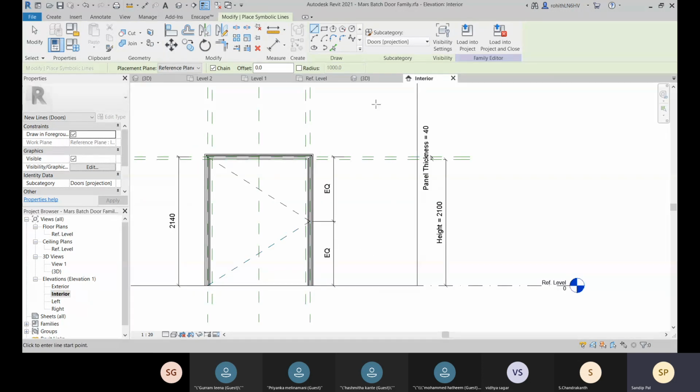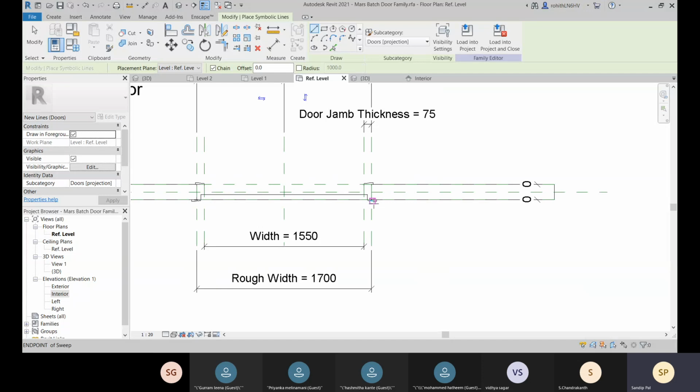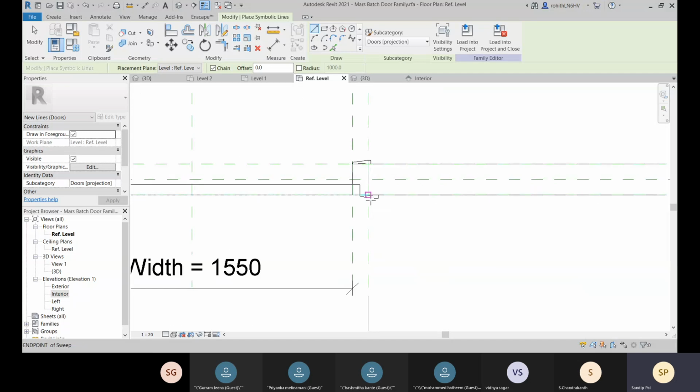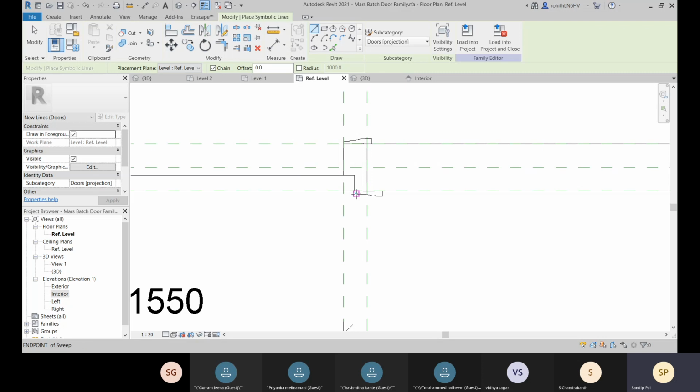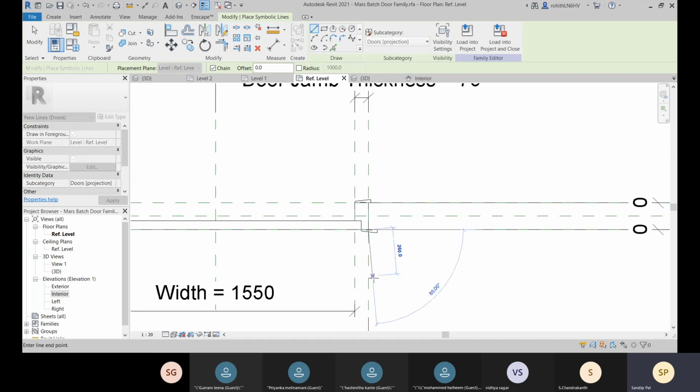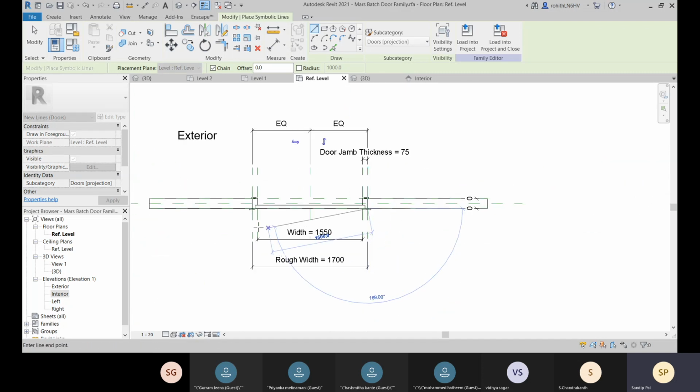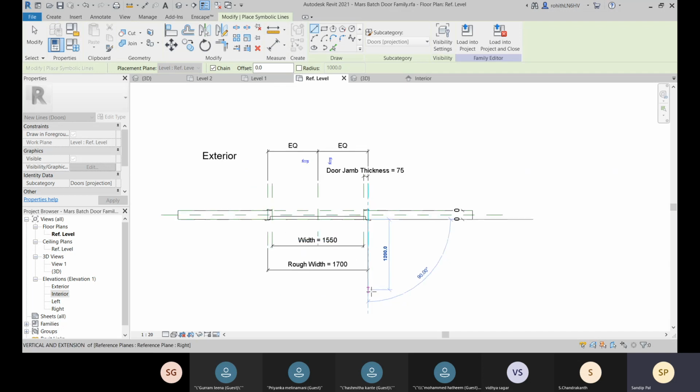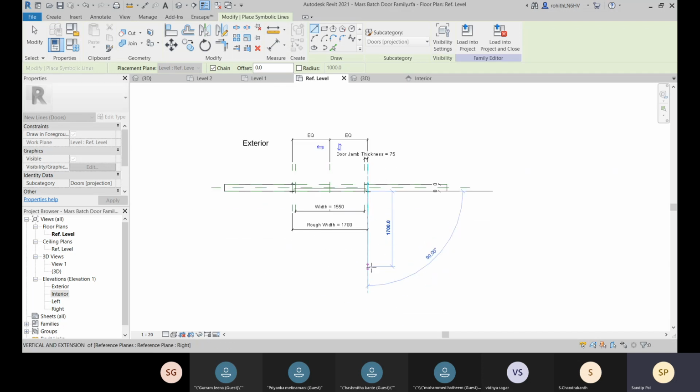This side is the hinge, right? So this side is the hinge. You can change this also, like let's do it from this face. Okay, and how much is the length? That is 1700 right now. Let's go for 1700. All right.